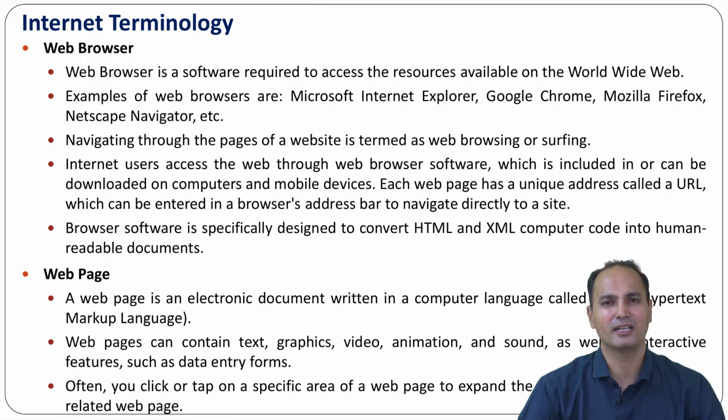Simply, we already know that it is a program or software which enables users to access the internet. If you want to have access to the internet, we need to have a web browser. So a web browser enables users to access internet services. In web browsers, there is an address bar. In the address bar, a user can enter the URL of any of his interest